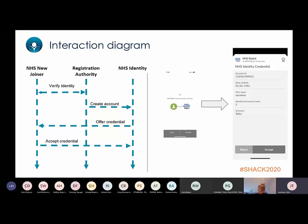So an RA has sat down with you, or remotely, looked at your identity documents, is happy that Bob is really Bob and is not really Dave or some other person. So we know quite a bit about you and the fact that you are who you say you are at that point. So what we posited was that we could potentially help by offering a credential, a digital credential,